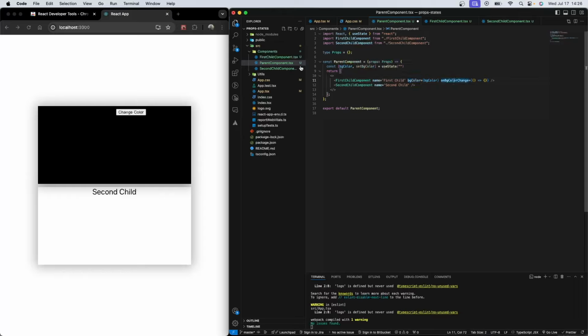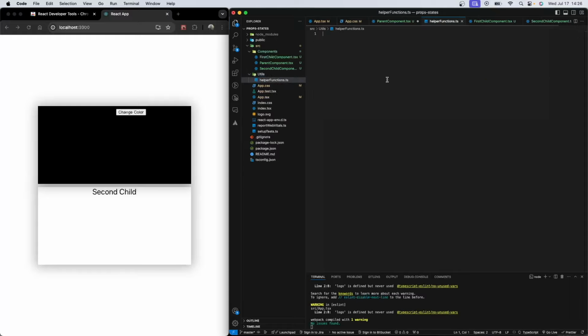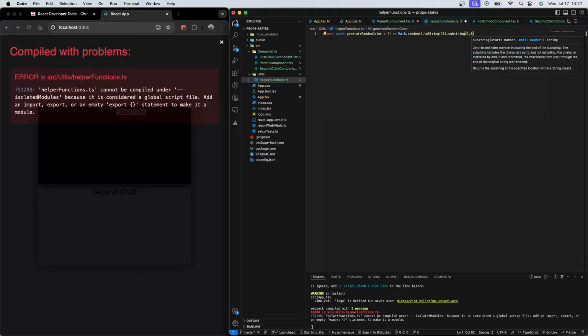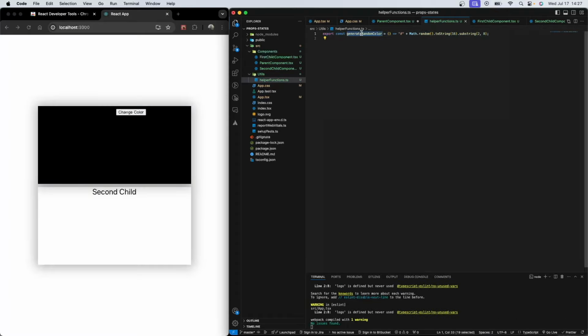And for onBgColorChange, I'll write a function here, in helper functions.ts. I'm gonna export a const generateRandomColor, and it's gonna return Math.random().toString(16), and I'm gonna take a substring of this from 2 to 8, and I will attach a hashtag sign so that it can be a valid